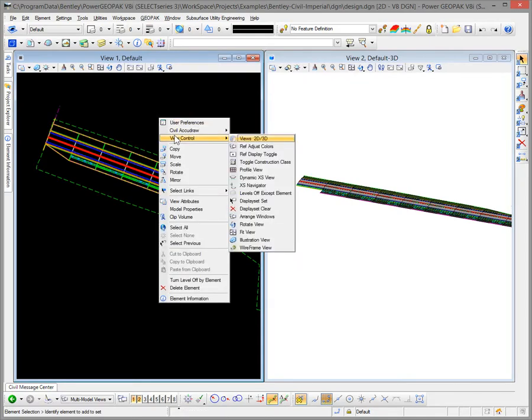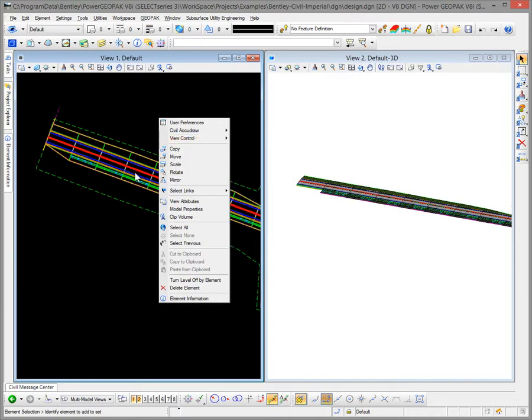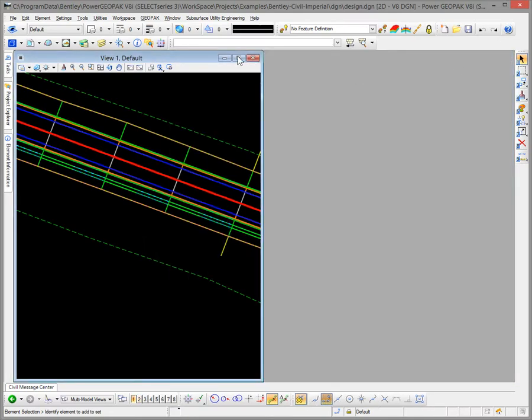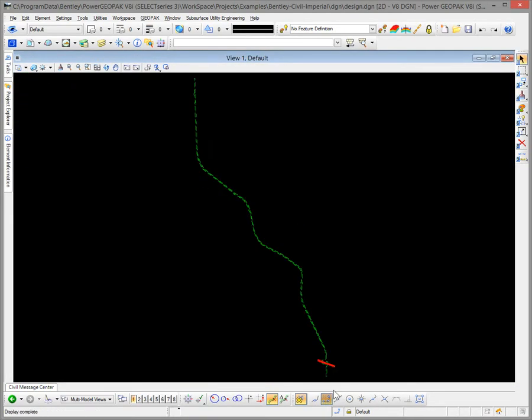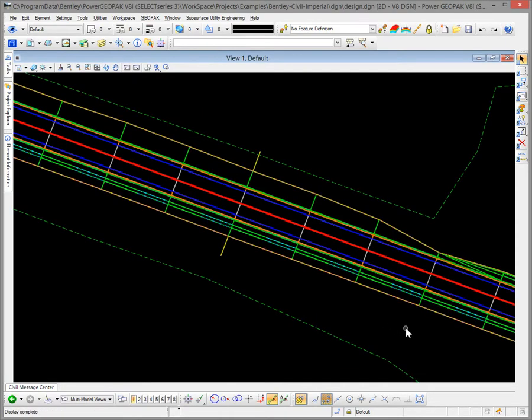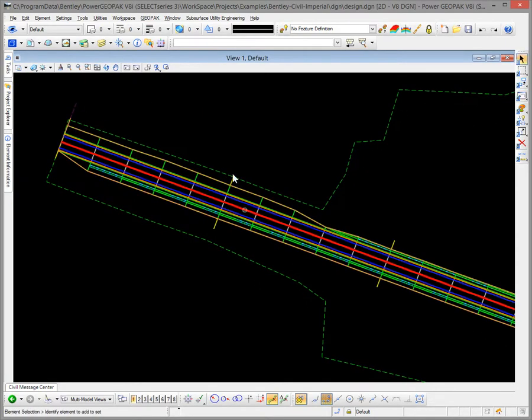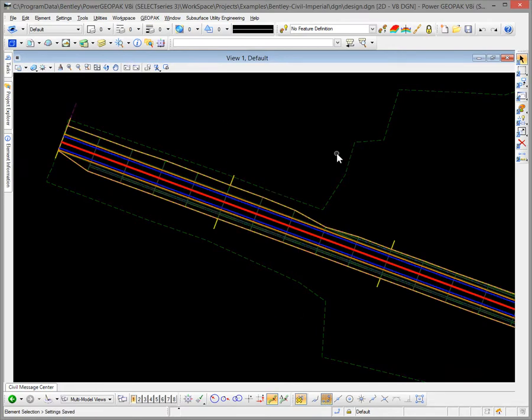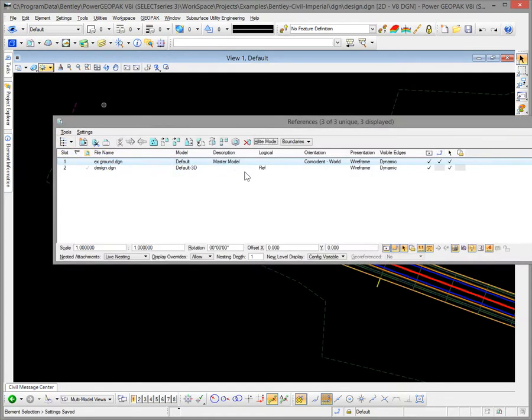Another nice thing that we've done here is the reference adjust colors, and I'm going to window in here, close our 3D view just to show this. Let's say that this is your design and we want to tone down our reference colors. So we can go to View Control, Reference Adjust Colors, and what it does is it essentially goes in and selects all reference files